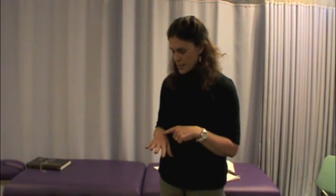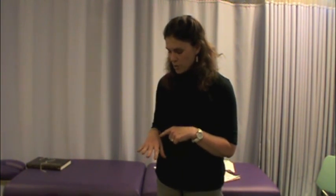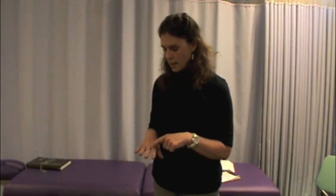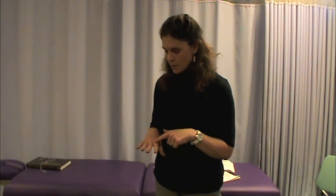The dorsal interossei come from the shaft of the 2nd and the 3rd and the 4th metacarpals, and they insert onto the proximal phalanx of the 2nd and the 3rd and the 4th digits, and they help abduct at the MCP joints. And then they also help flex at the MCP joints and extend at the IP joints, and their nerve is